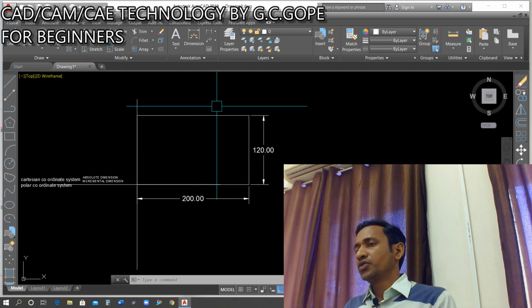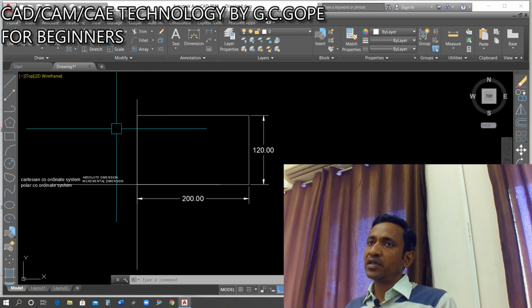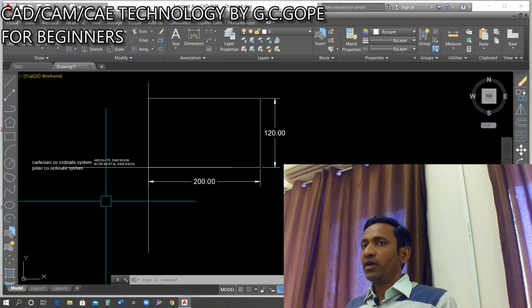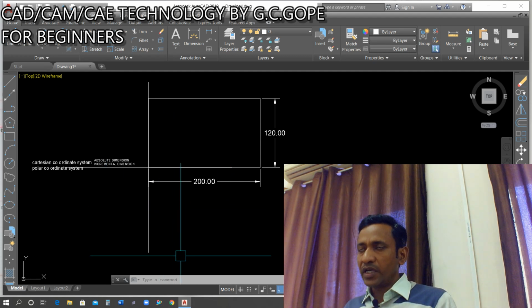As we all know, the first coordinate system is that coordinate system in which the values of both dimensions, x axis and y axis, will be positive. When we use the second coordinate system, here x will be negative, y will be positive. When we use the third coordinate system, x will be negative, y also will be negative. Here x will be positive, y will be negative.